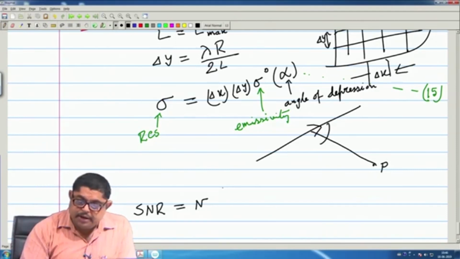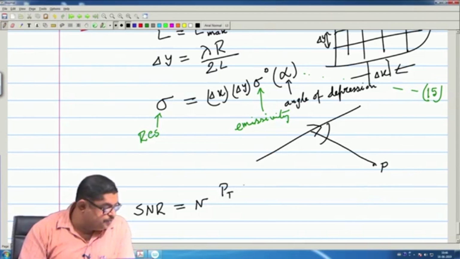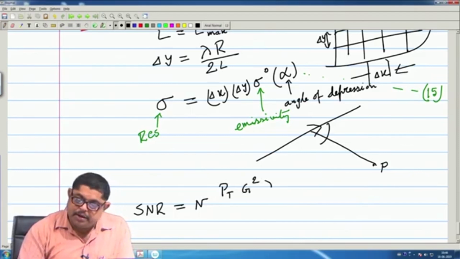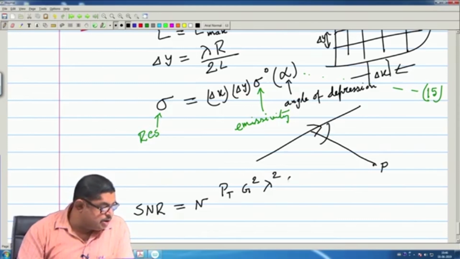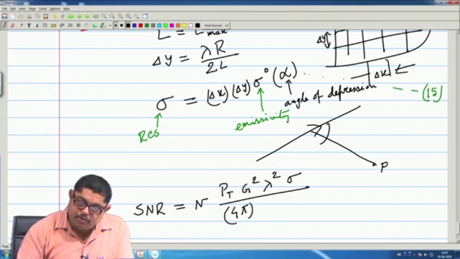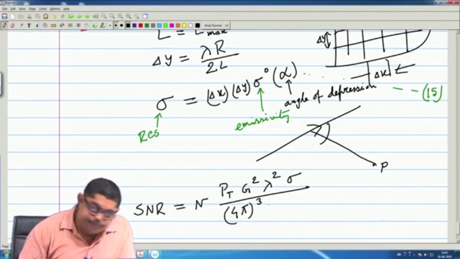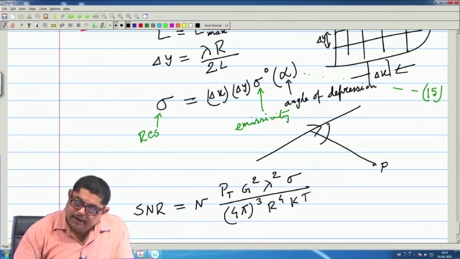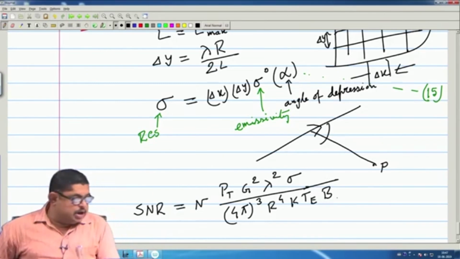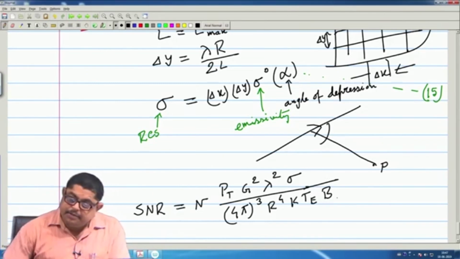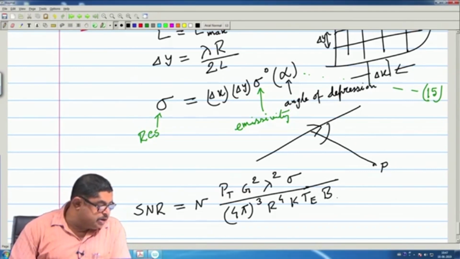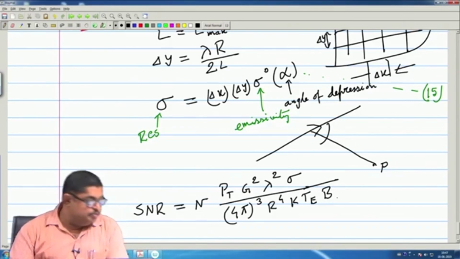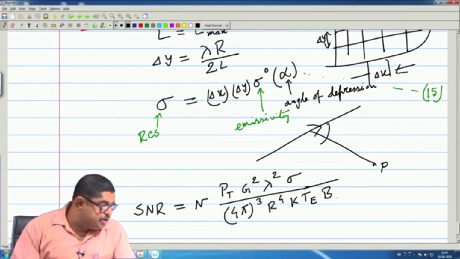So, that is why I am writing like this, P t g square lambda square sigma by 4 pi whole cube r to the power 4 k T b. Here all terms have their usual significance. T is the effective temperature of the receiver, B is the receiver bandwidth, and